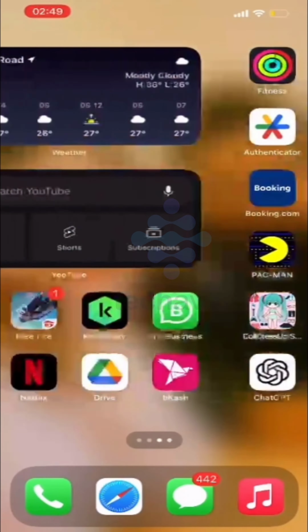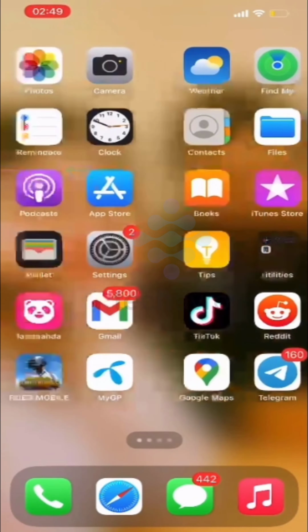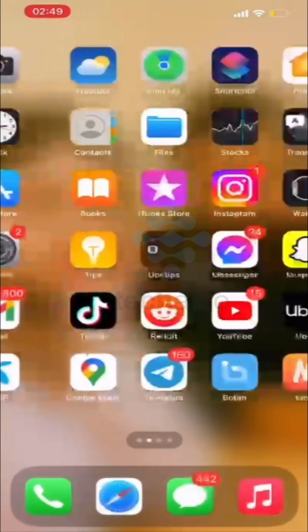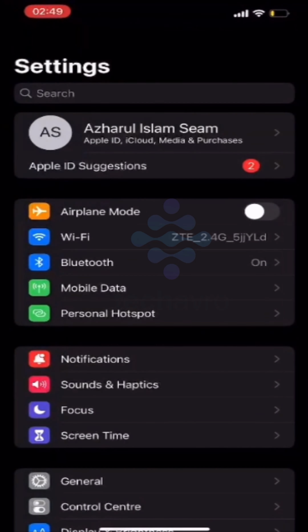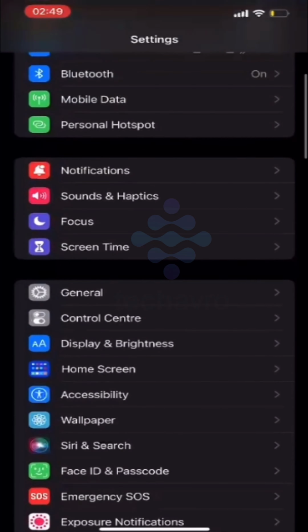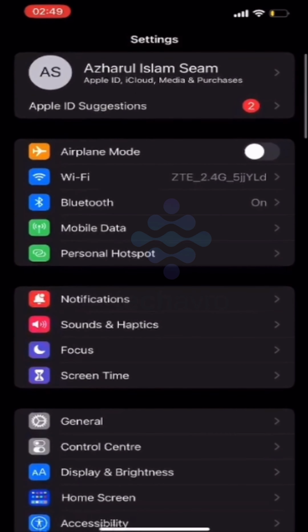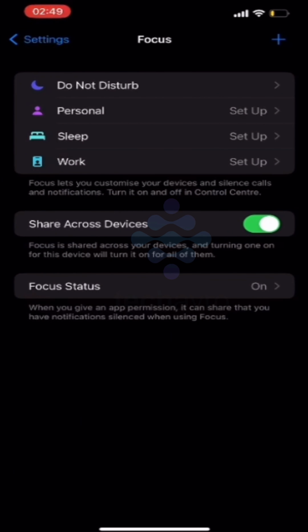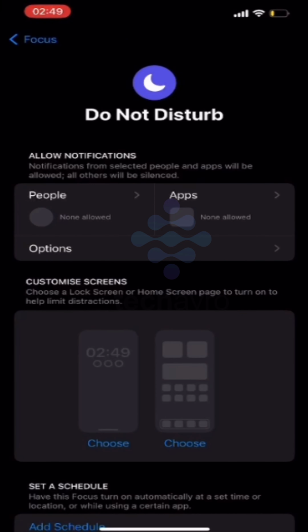So today I'm going to show you how to block all incoming calls on your iPhone. So for that you have to go to the settings, and from here you have to go to the focus. Go to focus and turn your do not disturb mode on